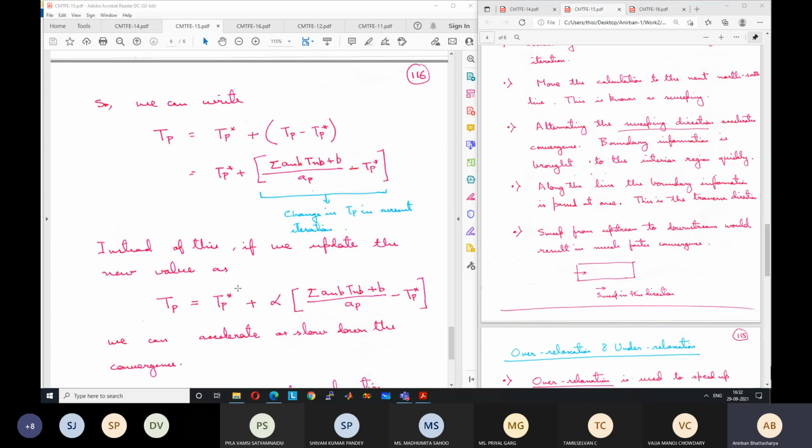Although, if we were previously going towards the correct solution, say our change was from 300 to 310, 10 Kelvin, and the correct solution is 340, now we will only go from 300 to 305. So we have slowed down the convergence, but we are still going towards the correct side. We will reach 340, but it will take more steps. So for a highly nonlinear type of problem, under relaxation slows down the convergence but improves the chance of convergence. These two things are totally different. Sometimes students get confused. Rate of convergence and chances of convergence are separate.